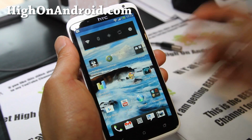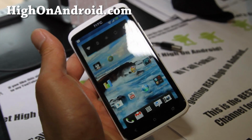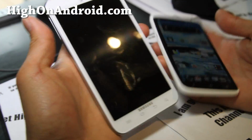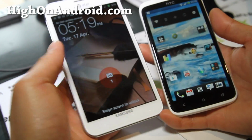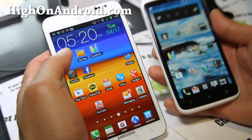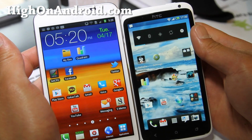And oh, I forgot to do this. God, I keep forgetting. Hold on. Let me give you a size comparison with my Galaxy Note. This is the AT&T version here, and let's see, this screen